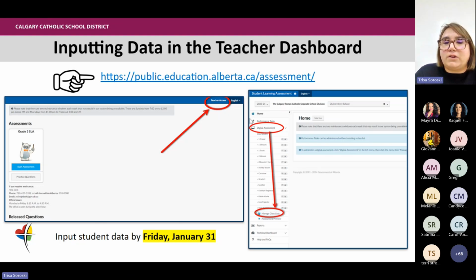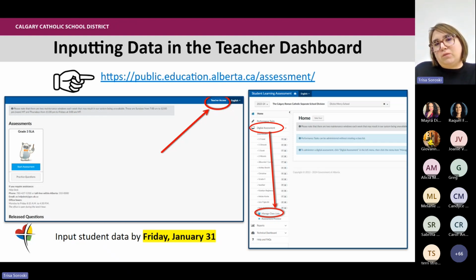Then once you're in there, you can create your class. Click on the digital assessment on the left and then click manage class list. You're going to see all the grade 1, 2, and 3 class lists already made there because they did theirs in September. So you can click manage class list and then input your class. The classes are loaded through the student's Alberta student number. We don't have a testing ground, but I've seen teachers do it and it's pretty intuitive, because if they're registered at your school, they already show up. So it's a pretty easy process to roster your students.